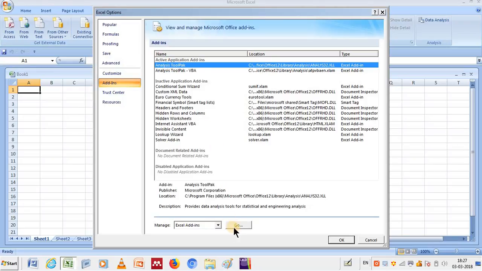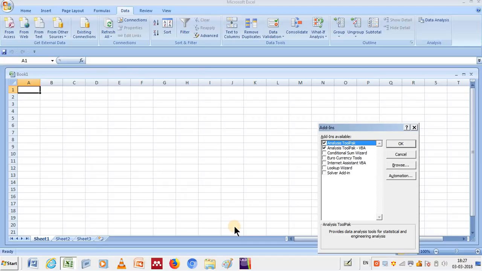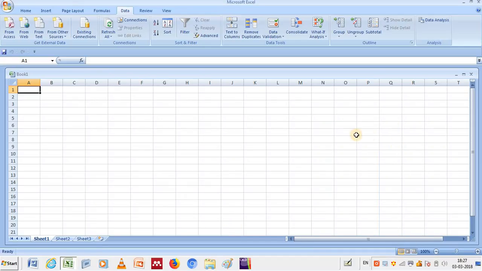Then here you will get the option Go. You click here, and then you have to press OK. Now what will happen? Automatically this option will be visible here. So in this way you can fix it on your Ribbon, and you can go for the data analysis of your selected items. So I hope you enjoyed and you understand how you can fix this data analysis tool on